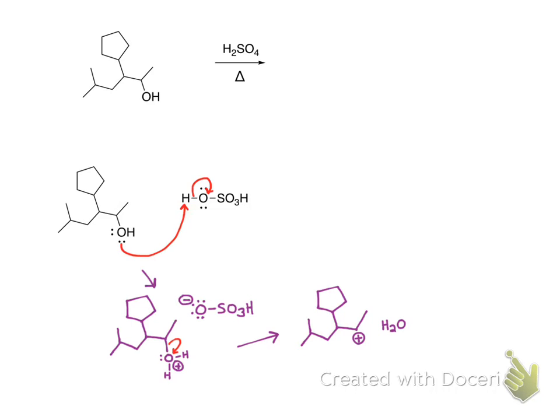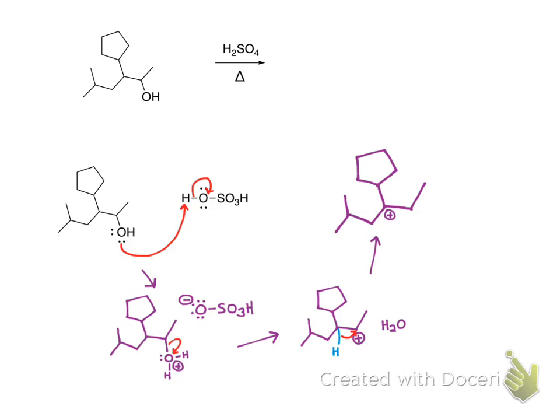Okay, so now in order to form the most stable product, we need to do a hydride shift. Now, this tertiary carbon adjacent to the carbocation, remember it has a hydrogen that's not explicitly drawn in. So the hydride shift is really a pretty simple case of electron pushing. It's just these electrons jumping over here and taking the hydrogen with it. So that will give us our tertiary carbocation intermediate, and we are one step away from